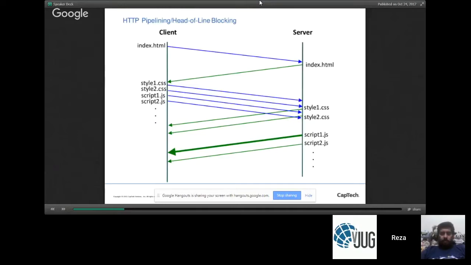Because of that, you will not be able to load script 2 until script 1 is done. So the strict sequencing in the HTTP 1.1 world causes this essentially blockage or forced sequencing of these requests, adding to the latency problem in addition to creating a bunch of connections.